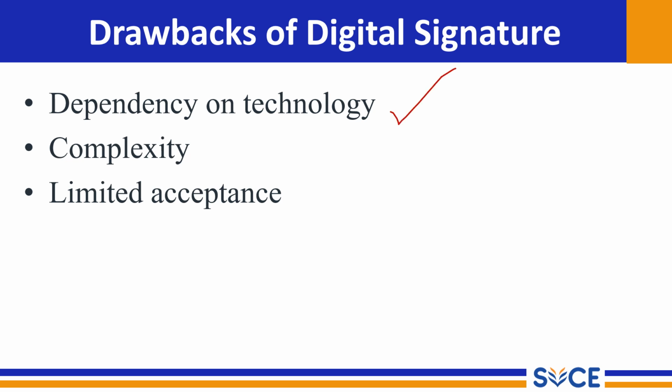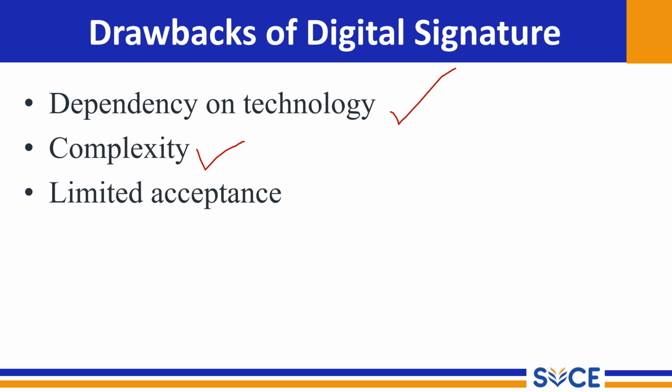Dependency on technology is nothing but, because digital signatures rely on technology, they are susceptible to crimes, including hacking. As a result, businesses that use digital signatures must make sure that their systems are safe and have the most recent security patches and upgrades installed. And the second one, the complexity. So in C programming we use the terms complexity, time complexity, space complexity. Similar to that, here also we have some